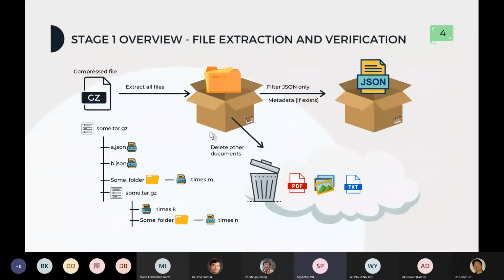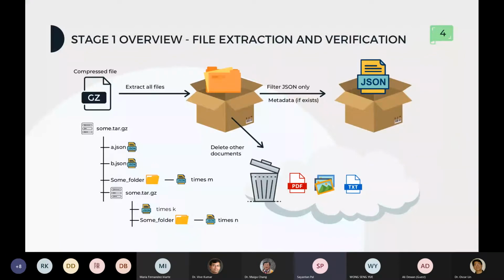In the dataset directory, there are a lot of files like JSON files, PDF files, images, text, and maybe some other formats. The next task is the verification. In verification, I'm deleting all the other formats and keeping only the JSON file. Along with the JSON file, I'm keeping one more file known as metadata. You'll be seeing why metadata is required. This JSON file is actually the research documents. I'll be showing you an example of this JSON file once, and then I'll proceed with the slide again.